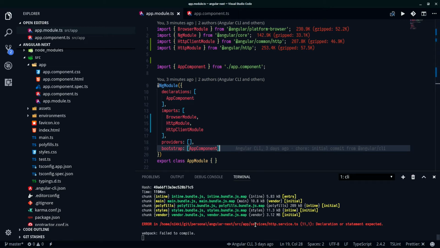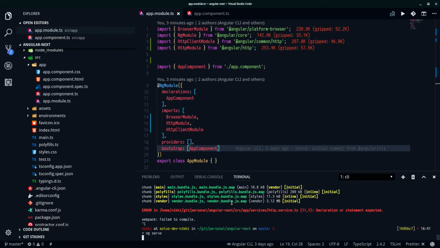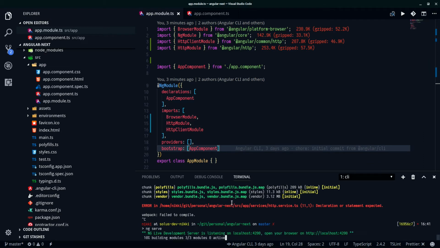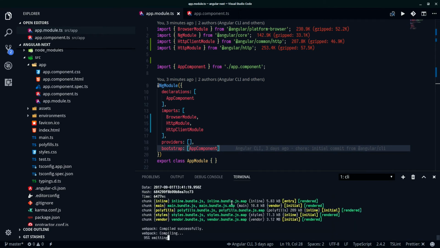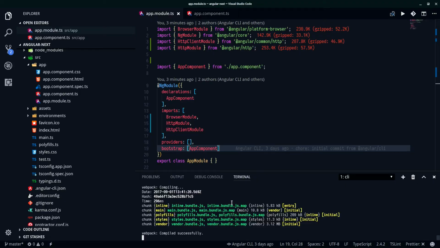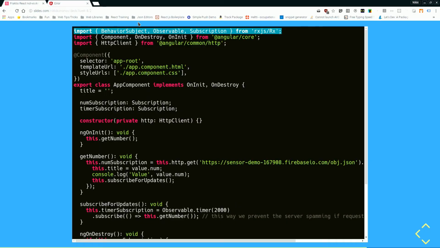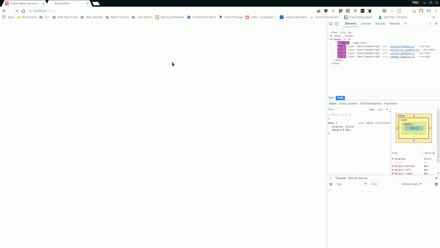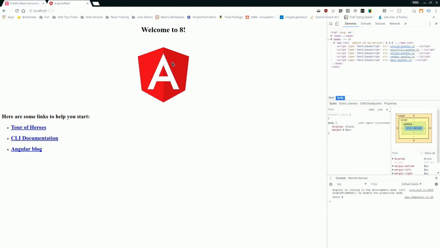Angular next source app services failed to compile. Why? Well, let's rerun this. I'm not sure what kind of declaration is it expecting when the service is already down. Yeah, there you go. It's just a cached stuff, so congratulations. Thank you, thank you. Totally planned. I all planned this. But now, as you can see here, it shows me a different value every 2 seconds,